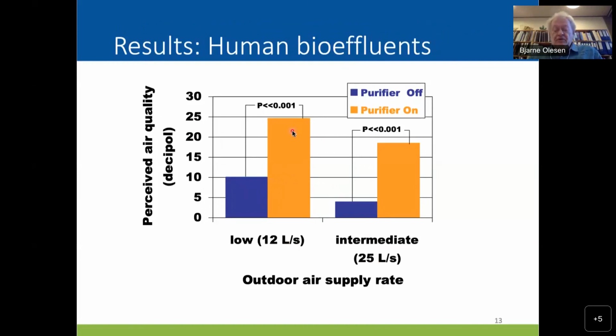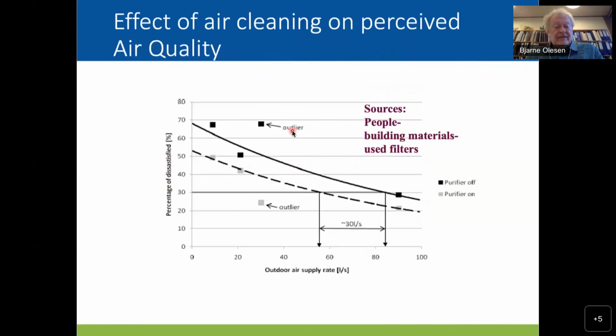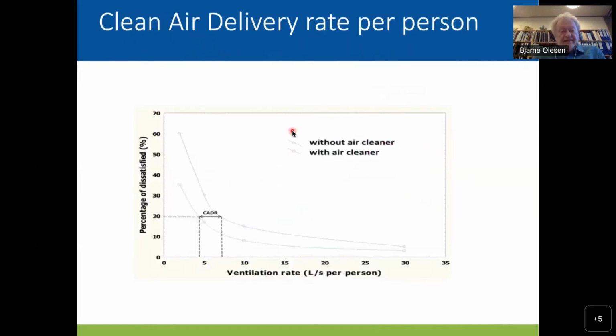And that made us look for the right testing, because we have to be careful when we evaluate the effect of air cleaners, and we think they improve the indoor air quality. So here's an example of a previous test where the upper curve, where we measured the percentage of dissatisfied, and from this number we can go up to the perceived air quality for different levels of ventilation. And the blue one was without air cleaner, and below you can see a curve that's with air cleaner. Normally we design for 20%